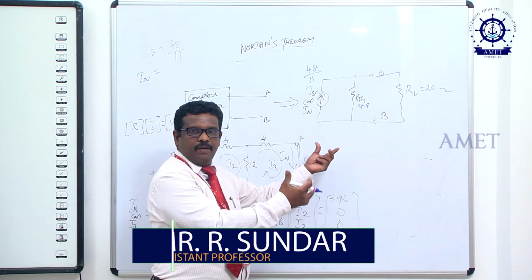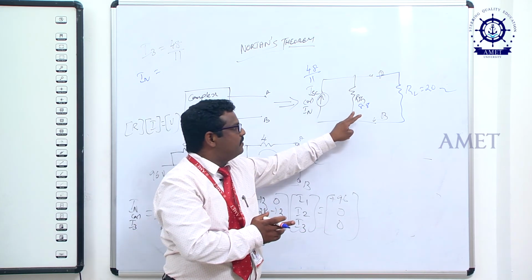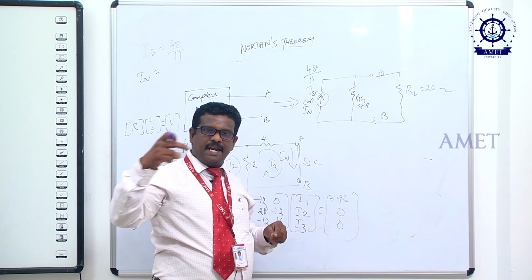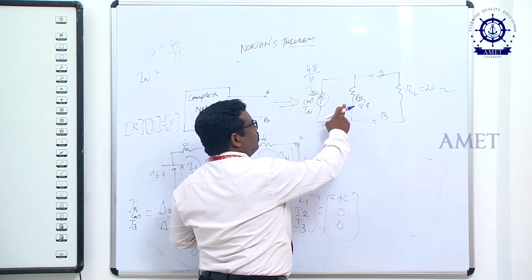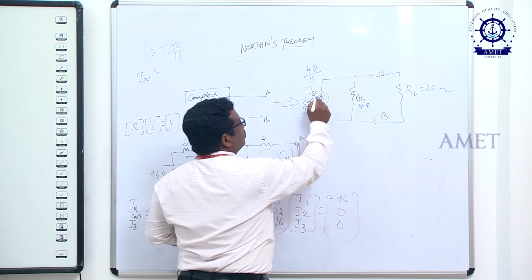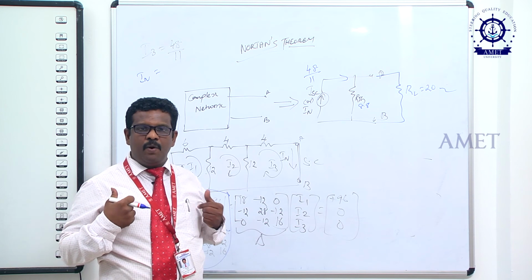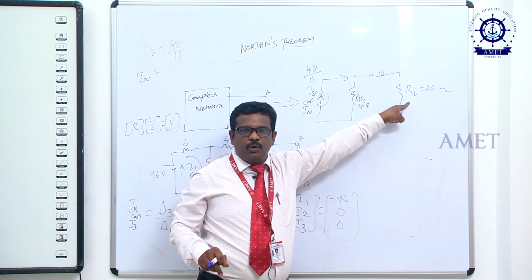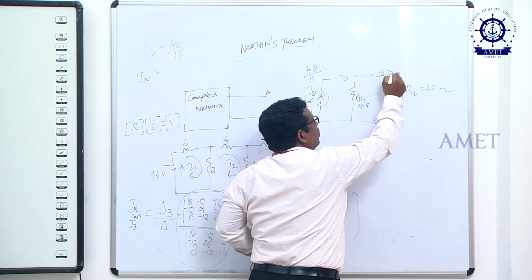Now, we have reduced the circuit to a current source in parallel with the resistance. Now, you reconnect the load which you had disconnected earlier. Now, you reconnect the load resistance here. So, now this resistance and this resistance are in parallel. Now, the current flows through this path. What is our aim? What do we have to calculate? Our aim is to calculate the current flowing through the load, that is the 20 ohm resistance. This is called the load current.